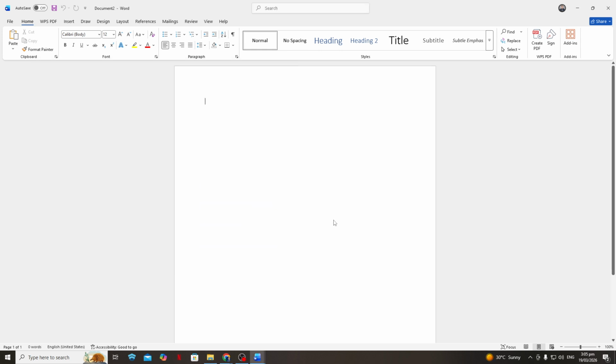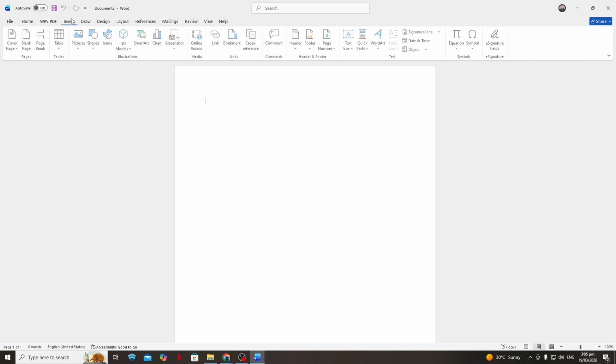Now, in Word, look at the top ribbon where you see tabs like Home, Insert, Layout, and so on. Click on the Insert tab. This is where Word keeps all the tools for adding things into your document, like pictures, shapes, charts, and, in